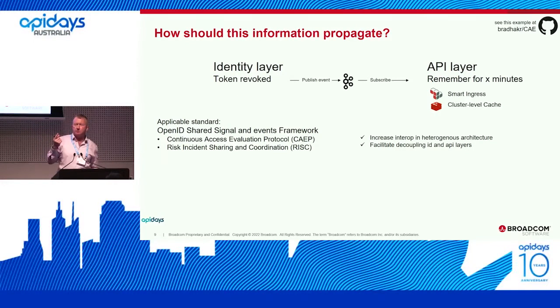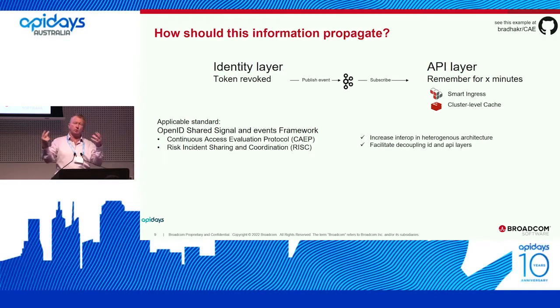So pub-subs, we looked at the work being done by the OpenID Shared Signals and Events Working Group, if you've come across that. They've done a lot of great work taking the Security Event Token envelope and putting defined payloads into that, combining the CAEP and the RISC work. A lot of great stuff has been done here by Google and Microsoft in terms of getting their IDPs to be compliant with this. So if you're looking at working into a broader ecosystem, you can go the full path of adopting these protocols.